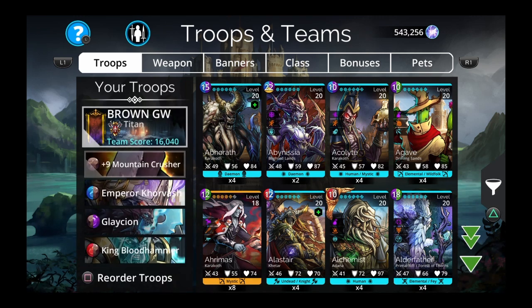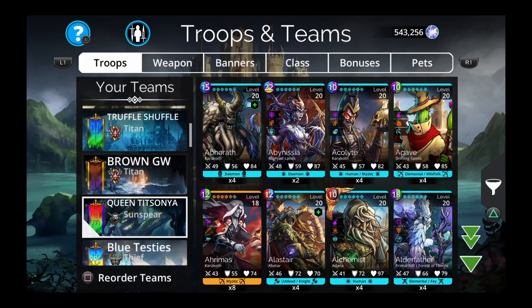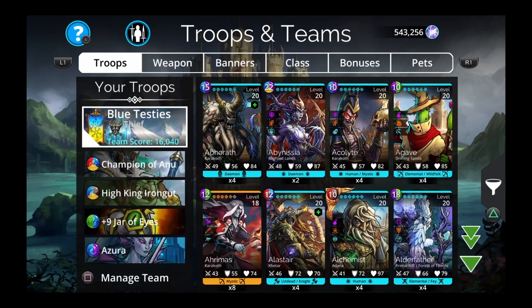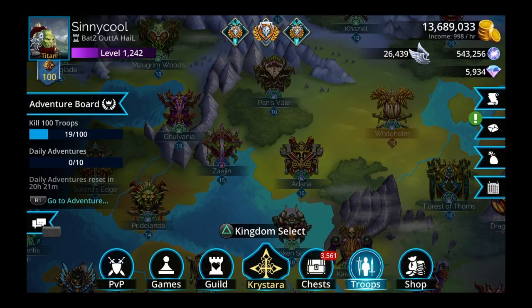Always use your hero on your team. Do not leave your hero out. Unless it's Guild Wars. Then sometimes you leave them out. But most of the time you use your hero. Right there. On every single one of my teams, I'm using my hero. Reason you want to do that is you want to equip a class and, well, first of